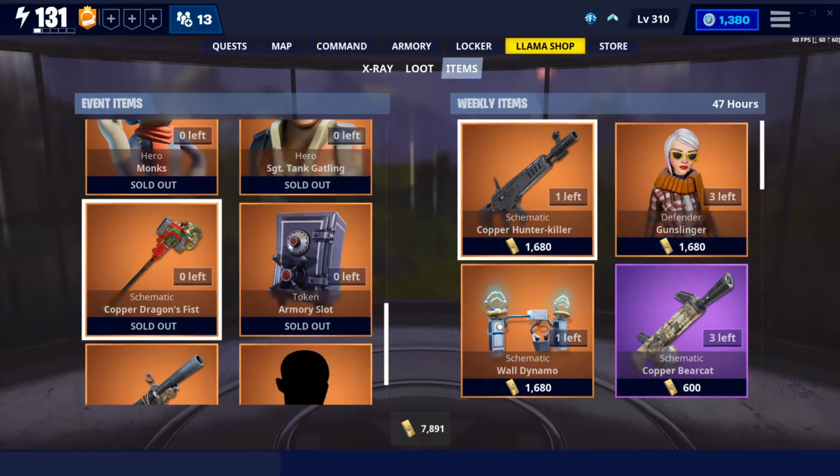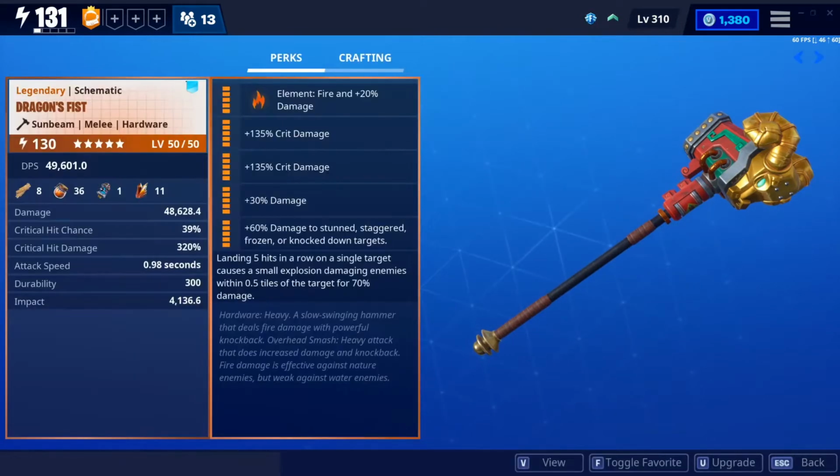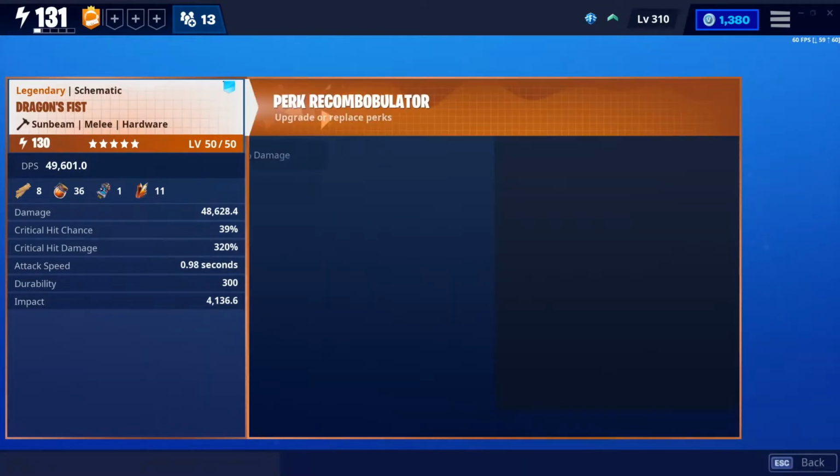For this episode, I'm going to be doing a review on the Dragon's Fist, which you can get right now in the event items. I'll be showing you the best perks, the best hero loadout, and some gameplay. Let's get into it. Alright, first for the perks I put on it, I put a crit build on this,